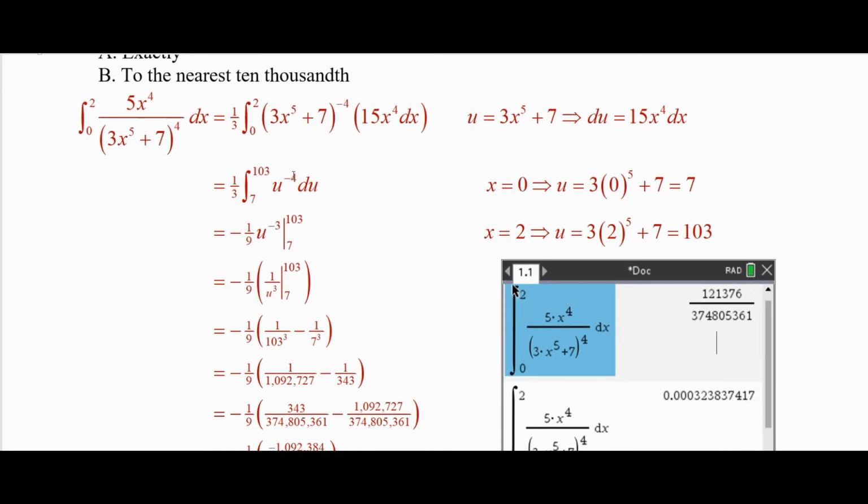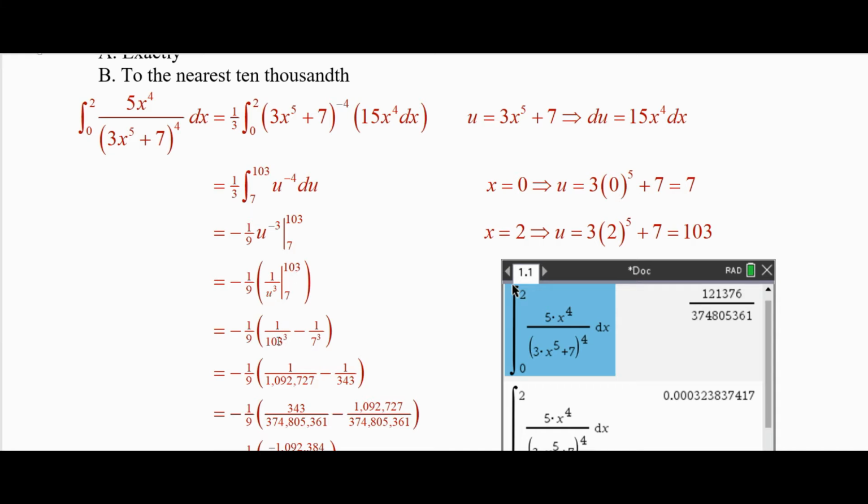So the power goes up 1 to negative 3. Multiply by the reciprocal of that power. Negative 1/3 times positive 1/3 is negative 1/9 here. And I could rewrite that as u to the 3rd. So I can leave the negative 1/9 out front, and I have 1 over u cubed going from 7 to